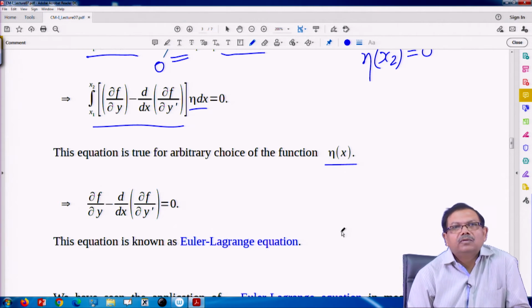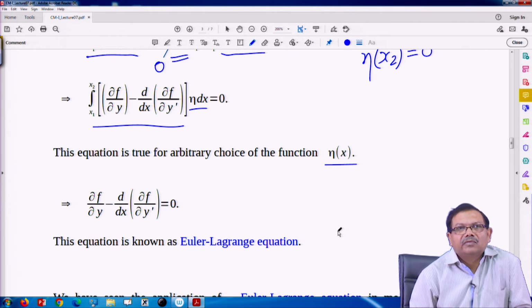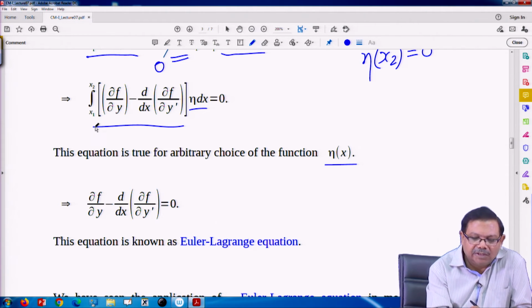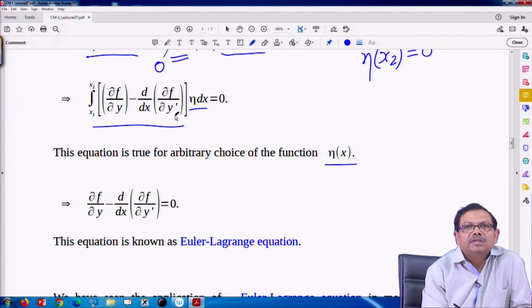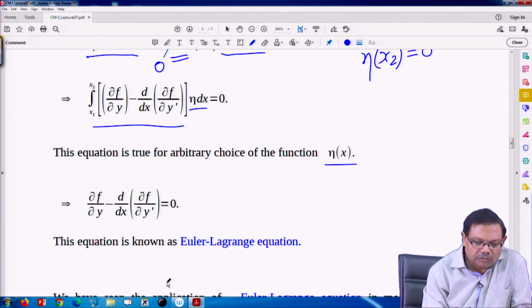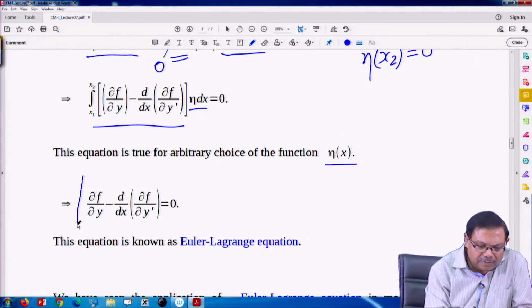So, there is total arbitrariness in choosing this. So, if that is the case, this integral equal to 0 means the integrand has to be 0, right. So, as soon as we put the integrand to be 0,